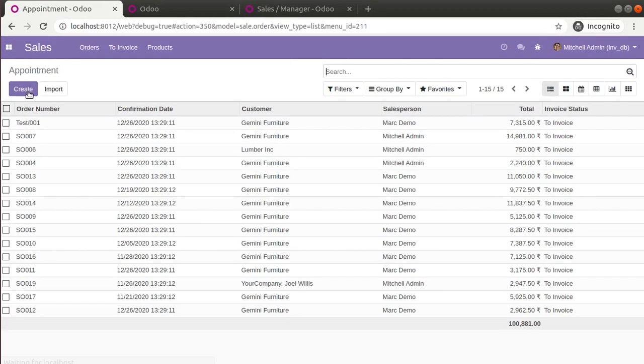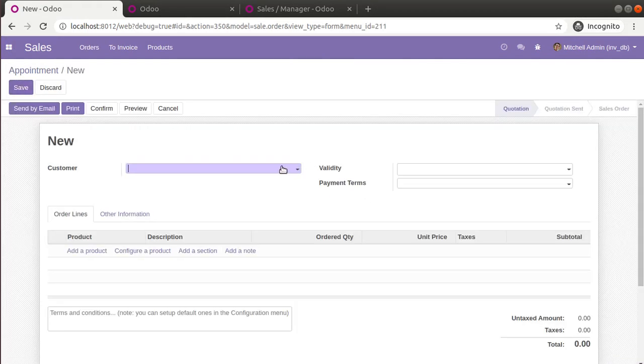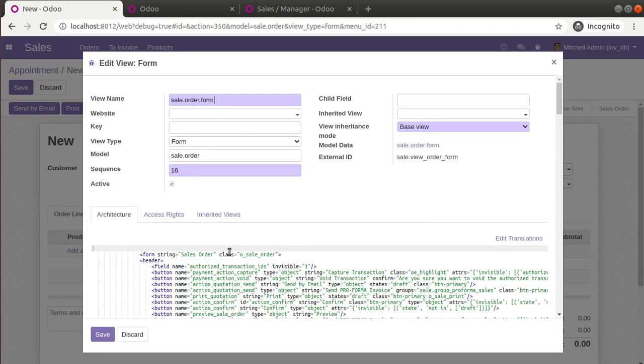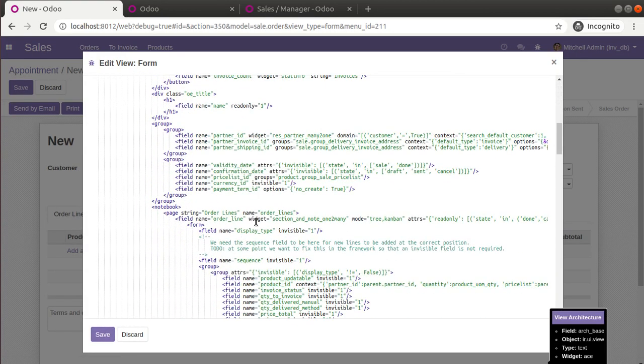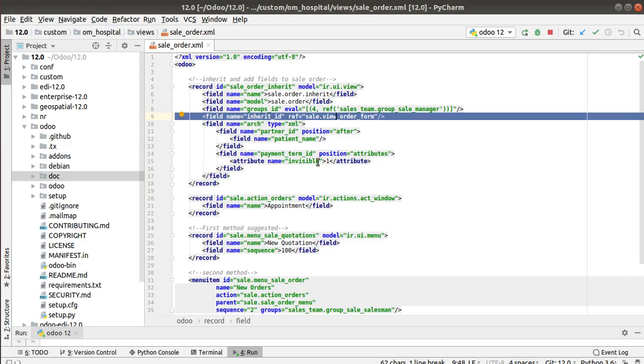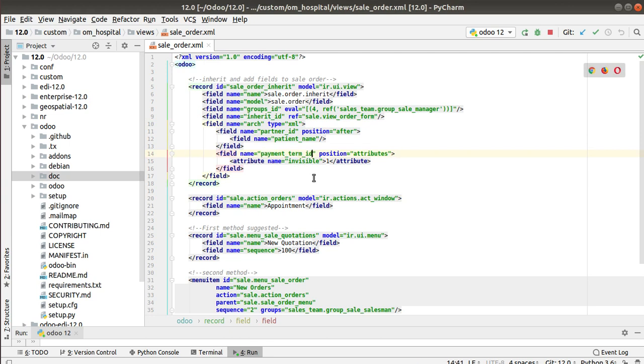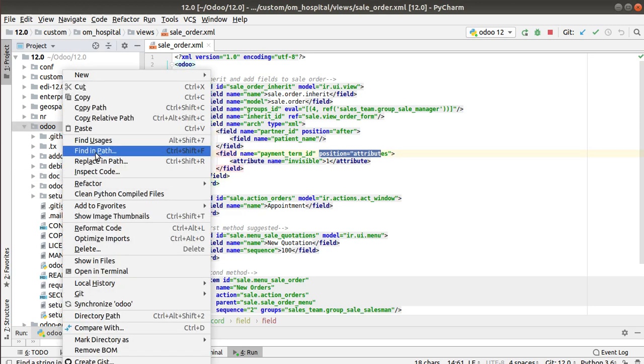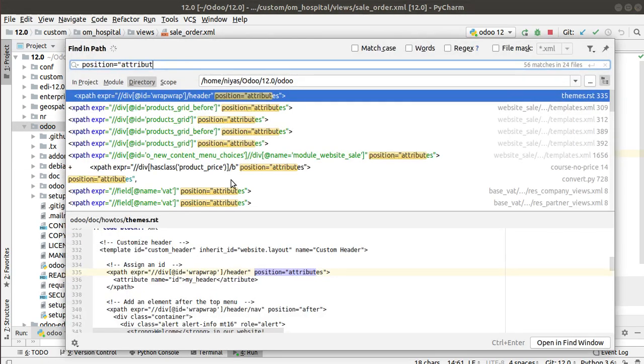Now if I go to the sales and click on create, you can still see the payment terms there. So edit view form. So let me check the initial view, payment term ID, just let me confirm the spelling is correct. Position attributes. So let me check whether anything has gone wrong inside the attribute.